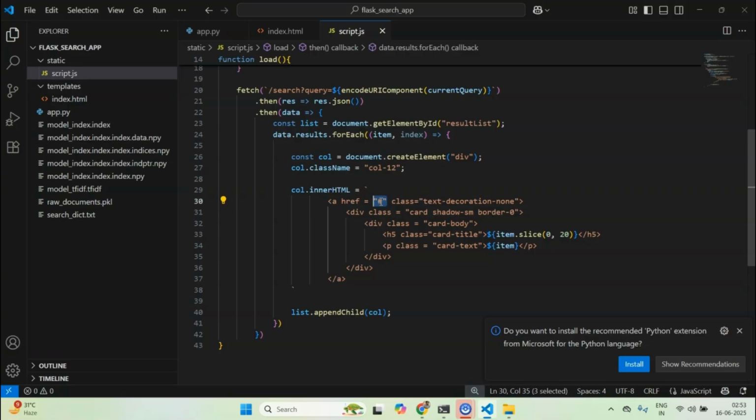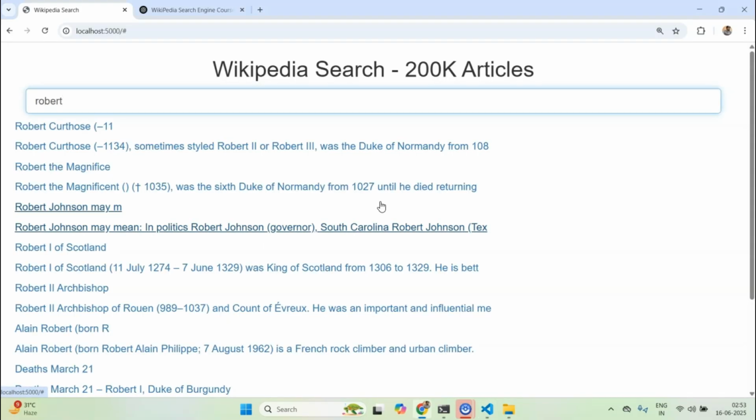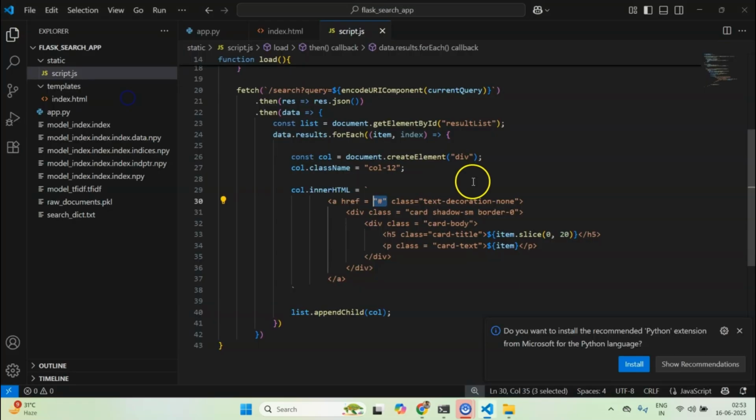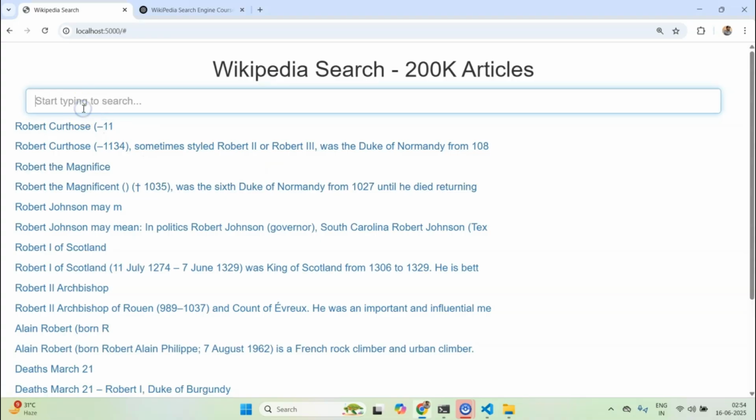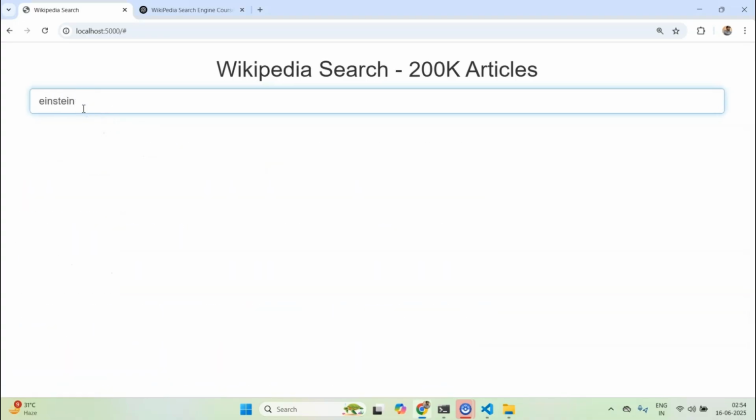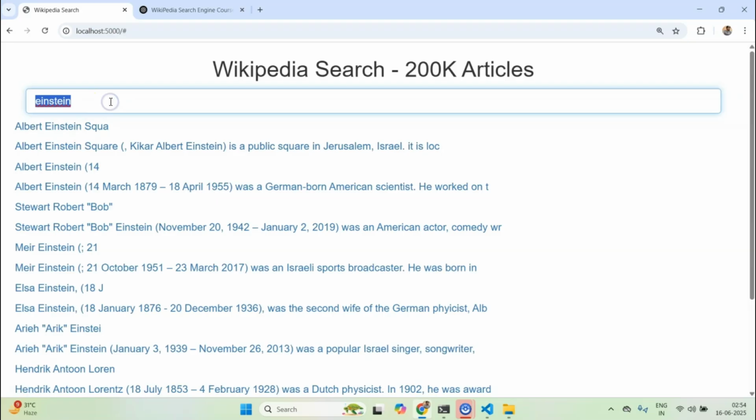So this is how it's looking. We did text-decoration none, still it is doing some sort of text decoration, but overall it is looking correct. So Einstein, okay, yeah.